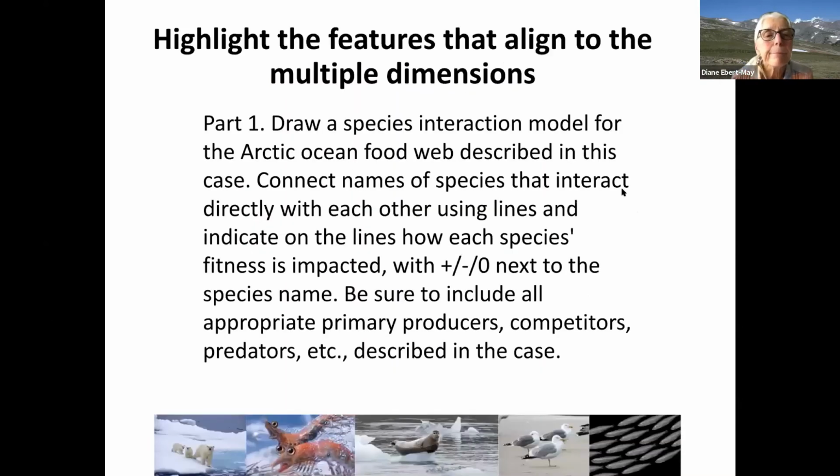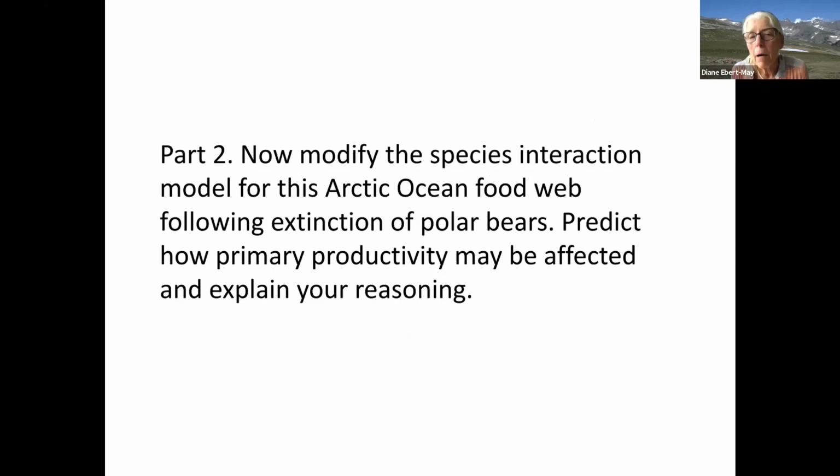Okay, next. Okay, so here's the assessment now. So there are 2 parts to this because we already gave you the scenario about the Arctic ecosystem. Okay, draw a species interaction model. Many of you teach species interaction models with pluses and minuses and zeros next to the species name. That's all fine and good. So now you're checking, do they know the difference between producers, consumers, decomposers in the case? So now they have a new scenario, they have who eats whom in there. That would be a good question, but it's not multidimensional until we do part 2. So then 2. Now, you got your web.